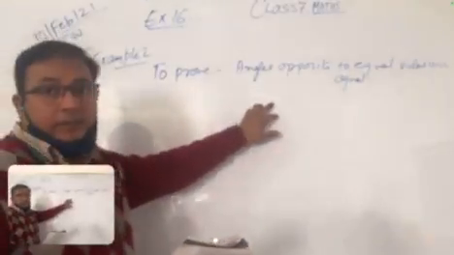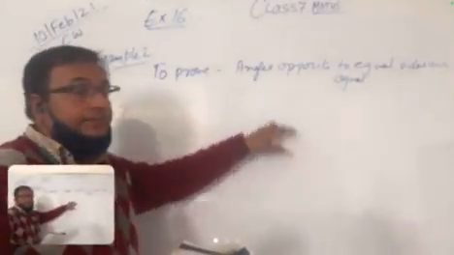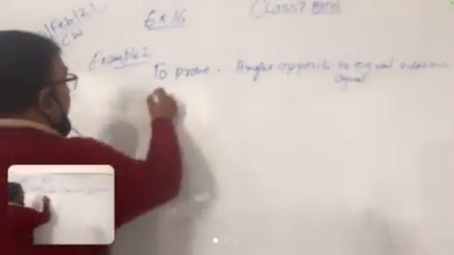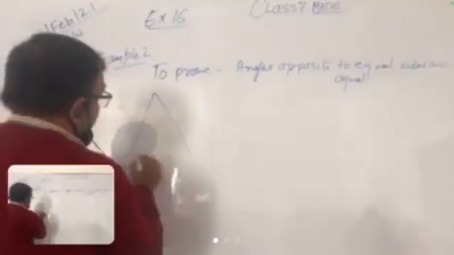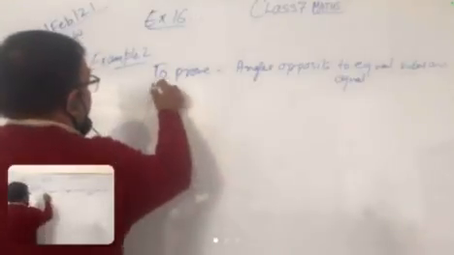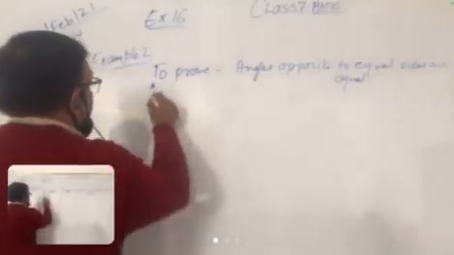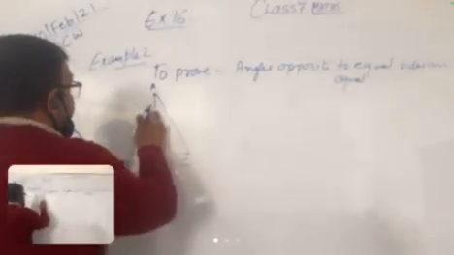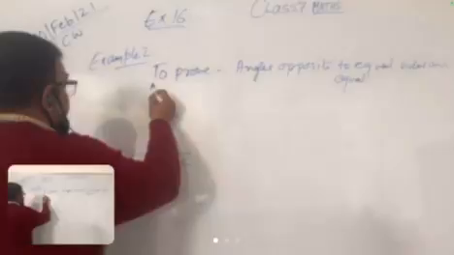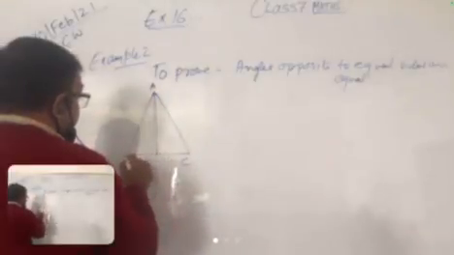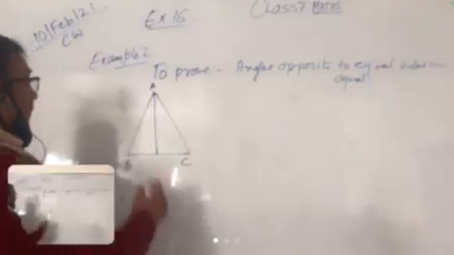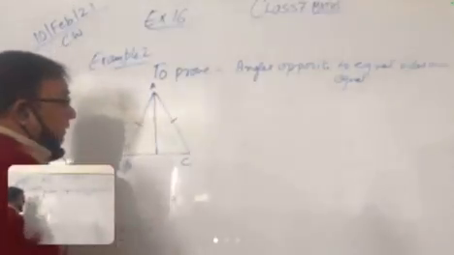See, the board is visible to everyone and it is clear. Now there is an isosceles triangle like this. You can draw figure A, B, C and then draw a line like this. यहाँ पर एक line बनाना है. और हमें मालूम है कि this side is equal to this.